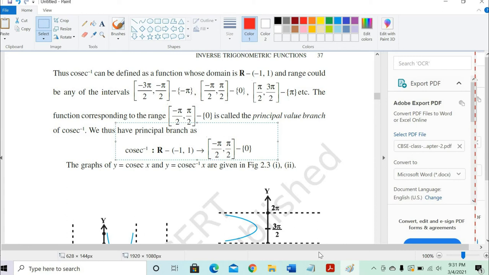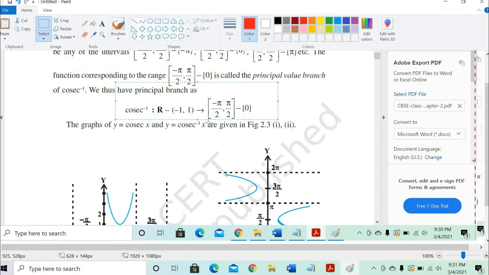And we have the big bracket, minus pi by 2 to pi by 2. Means don't include the minus pi by 2. Got it? Okay. No, sorry, my mistake. Include pi by 2. My mistake. In the open small bracket, we don't include, but here we have to include minus pi by 2 to pi by 2. Got it? Yes, sir. We have to include minus pi by 2 comma pi by 2.